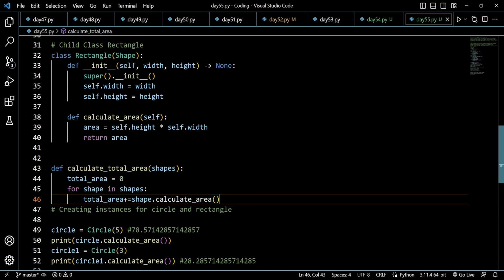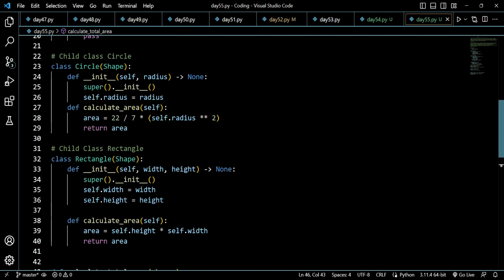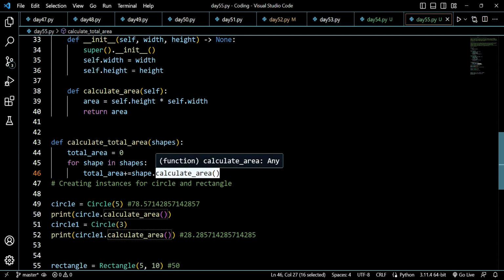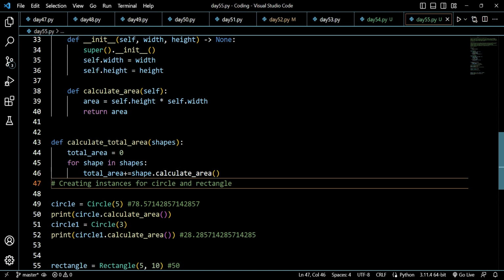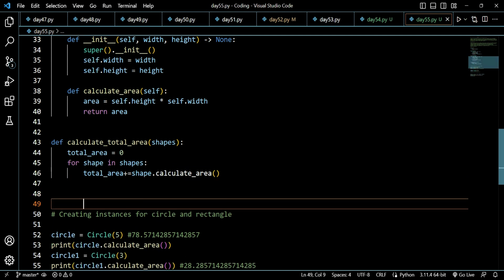So what was the name of the method? Let's see. Shape dot name was calculate area. Let's copy this before running it again. So I am doing it live because I want to show you how to tackle the bugs and how to fix the errors inside your code. So when we just do it, you will know how to fix the errors and bugs. All right, so I am doing it live,